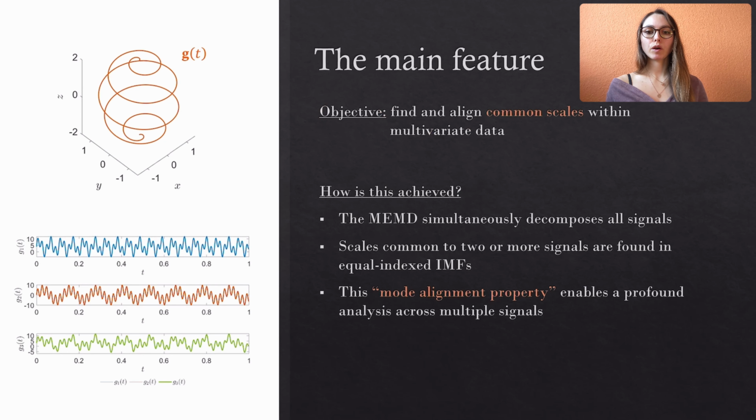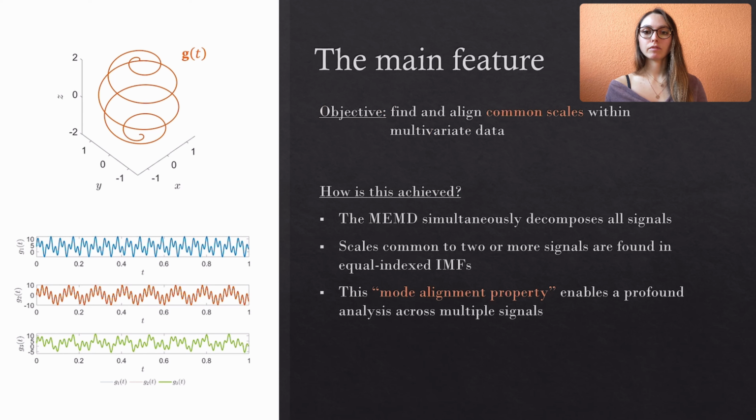So the main objective of the MEMD is to find and align scales common to two or more one-dimensional signals. These signals can be different quantities that we measured simultaneously, for example different velocity components or temperature and pressure data. By simultaneously decomposing all these signals, scales that are common to two or more signals are found in equal indexed IMFs. This mode alignment property enables us to extract on which time scales and at which time intervals the signals